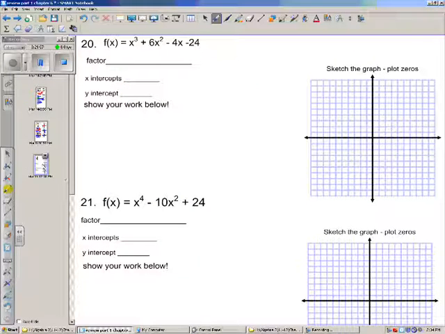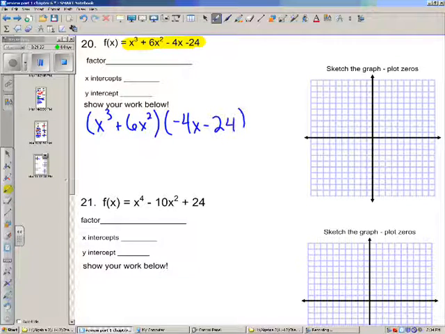Here we go. Problem 20. Again, the first thing I'm going to look at is, can I take something out of the original problem? I can't, but I do see there's 4 terms, so again, I'm going to group. So group the first 2, and then group the second 2. And the first thing I'm going to do is take an x squared out of my first set of parentheses,